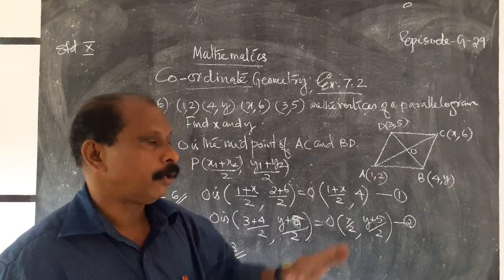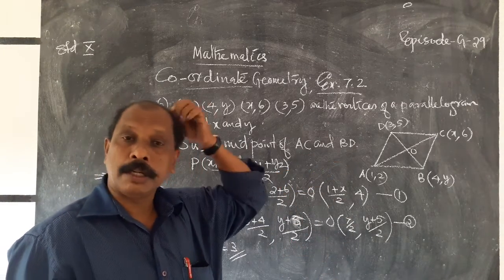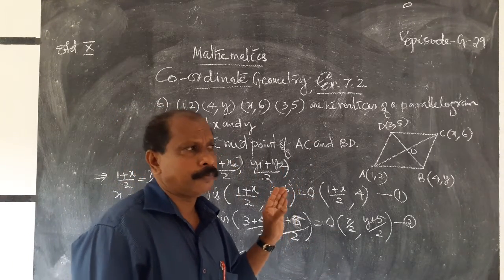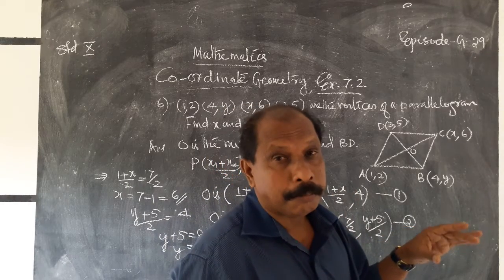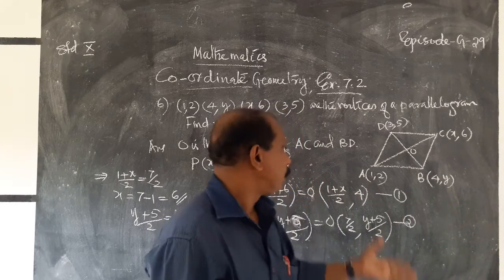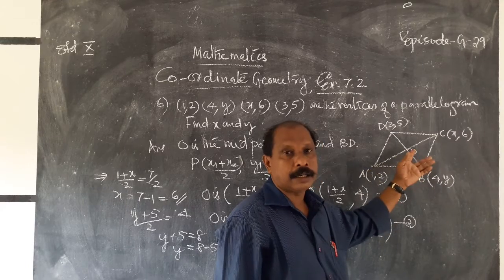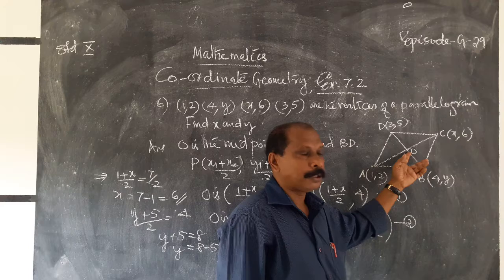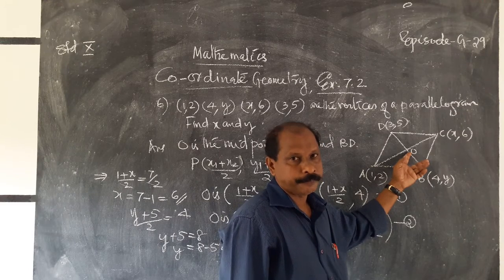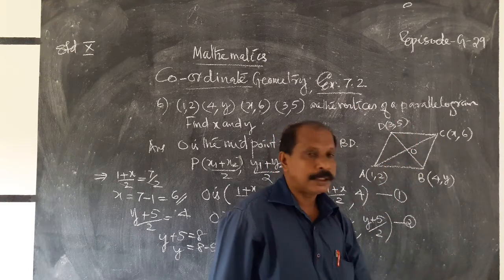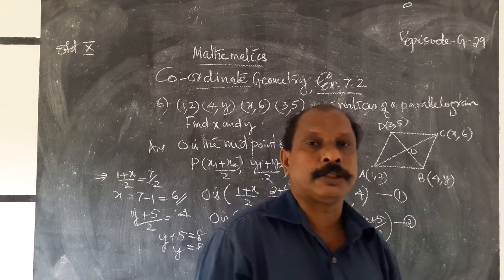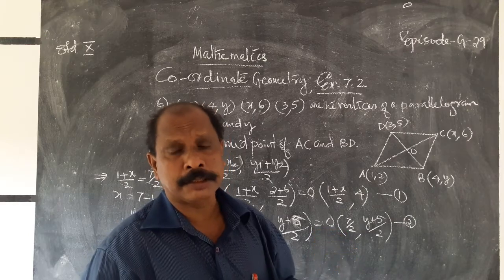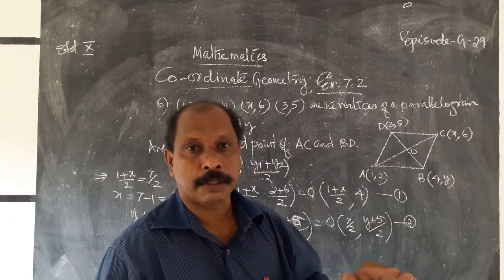First of all, the rough part: ABCD is a parallelogram whose diagonals are AC and BD. We know that the diagonals have different measures, but they bisect each other. Therefore, the midpoint of AC is also O. We use the midpoint formula, (x1 plus x2) by 2, (y1 plus y2) by 2. And O is also the midpoint of BD, so it is also given by the same formula. These 2 points coincide with one another, which means the x coordinates are equal and also the y coordinates.